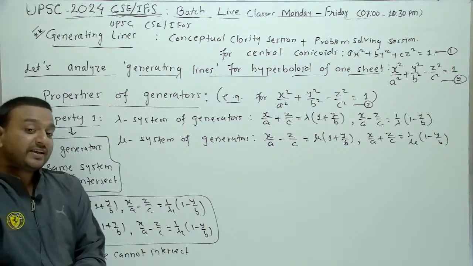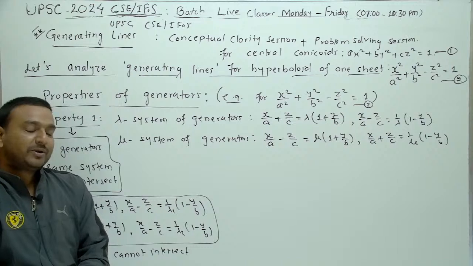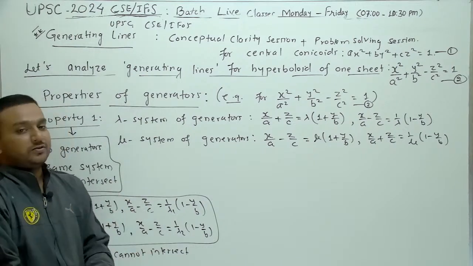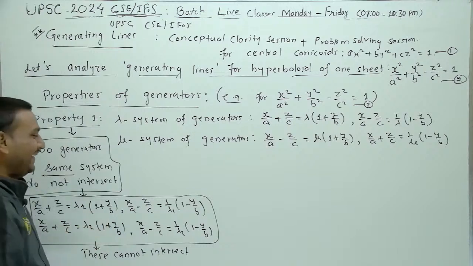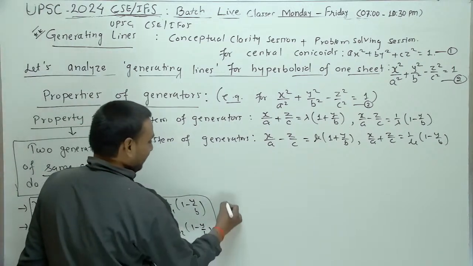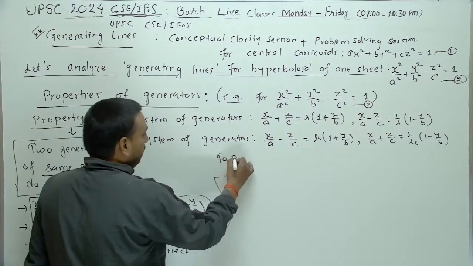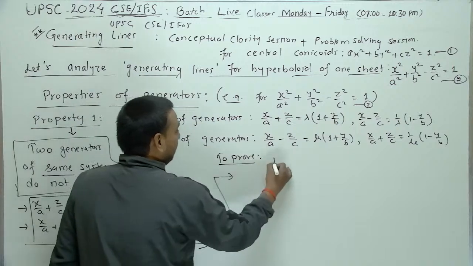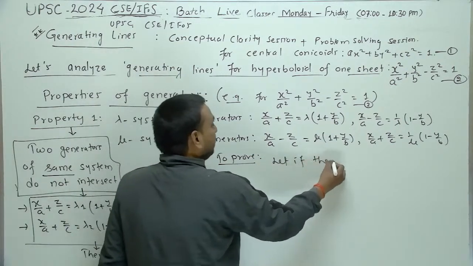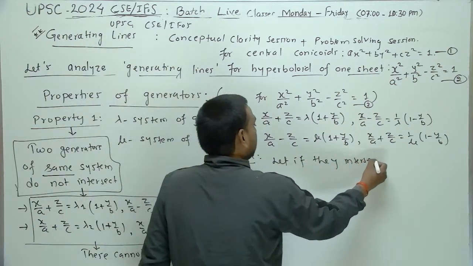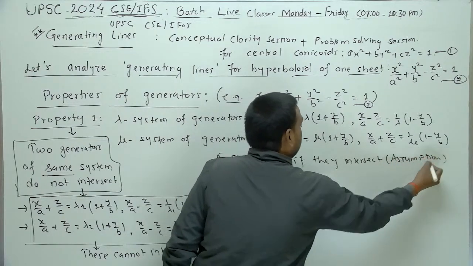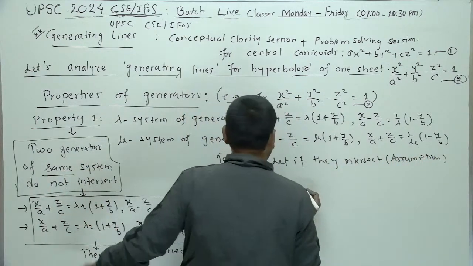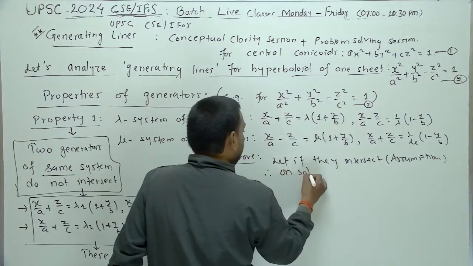तो बोलेंगे आप ऐसा कैसे क्लेम कर सकते हैं? तो हमने कहा नहीं कर सकते, तो जरा करो इसको. मान लो इंटरसेक्ट करते हैं. So what will you say? To prove, let if they intersect, that is our assumption, right? If they intersect, so on solving